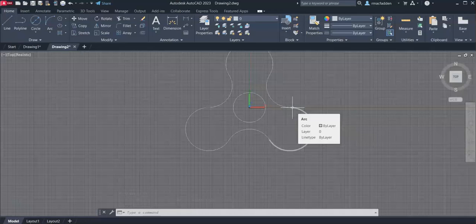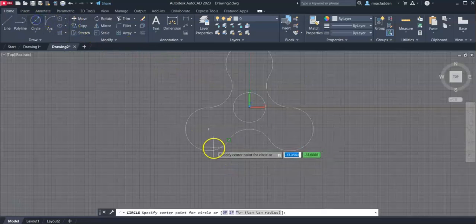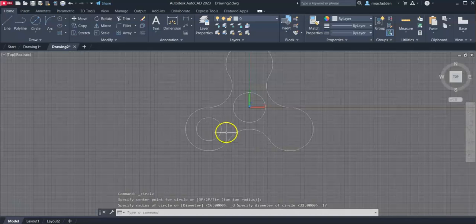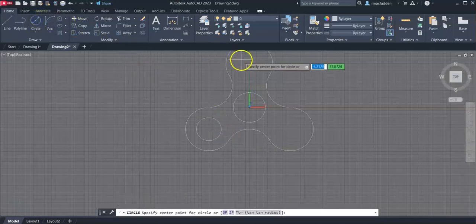nuts that I have on hand. So these, if I measure across, are, let's say 17 millimeters. Okay, so I'm going to create another circle diameter, and I can still find the center of these even though they're not circles, and I'm going to put 17 as my diameter, like so, and another one